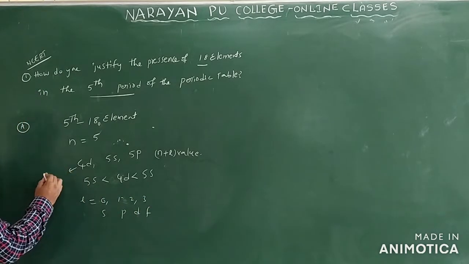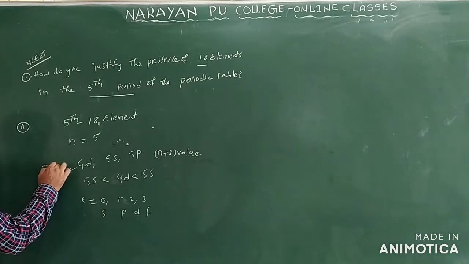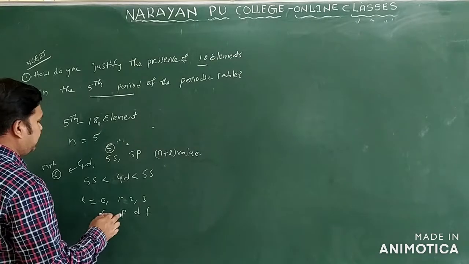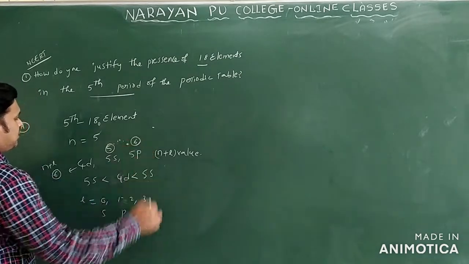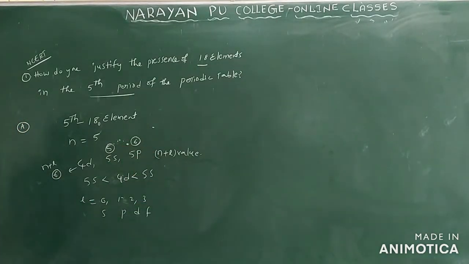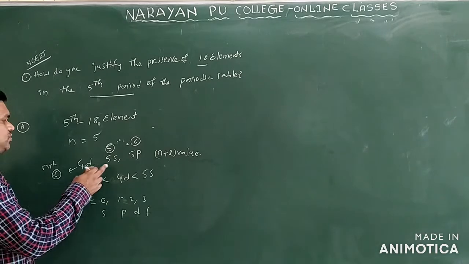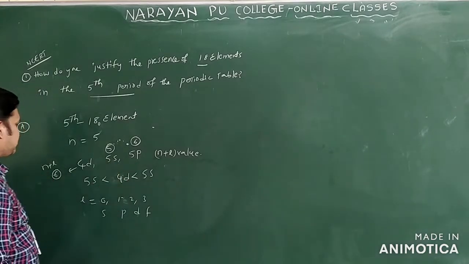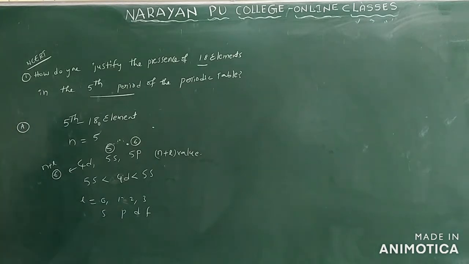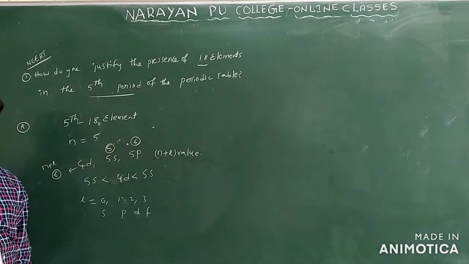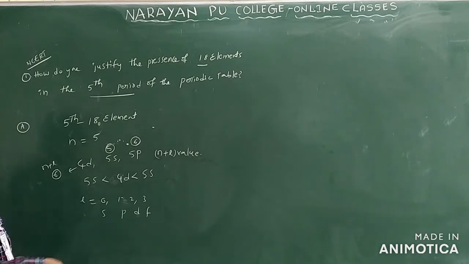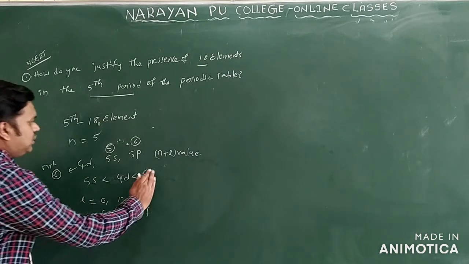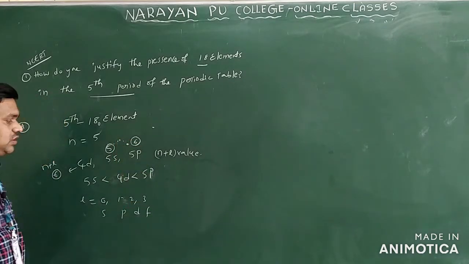Here for 4d you will get 6, n plus l value. Here you will get 5. Here, 5 plus 1, 6 you will get. So what can you write? If you see 5s, how much do we have? 5 only. 5p how much? 6 only. 4d how much? 6 only. So among those, the least value is the n plus l value of 5s. So 5s less than 4d less than 5p.